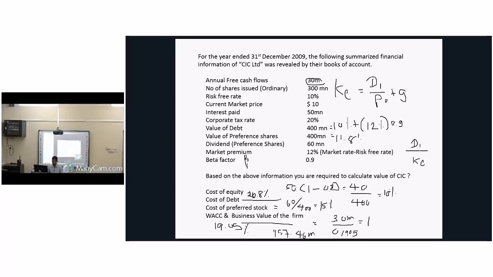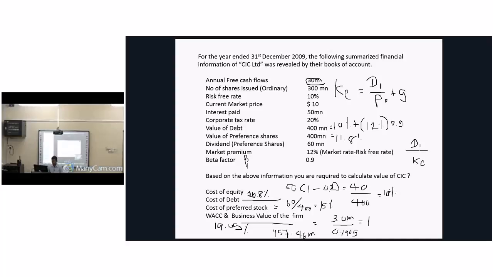Find the KE, then find the interest amount, find the value of the debt, and calculate the cost of debt. Then if they have issued preference shares, find the preference shares, find the preference dividends, and find the cost of preference shares. Based on that, calculate the weighted average cost of capital,